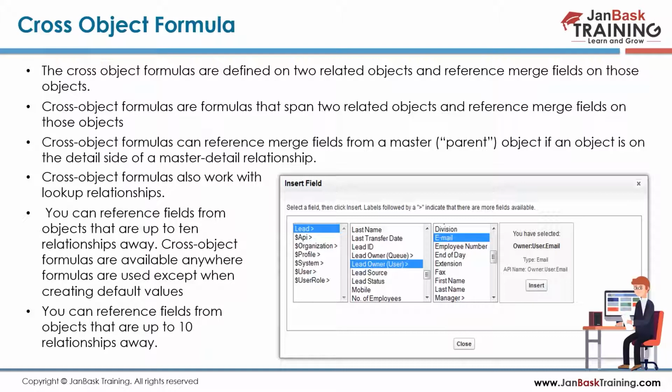The user need not worry about going to the account, checking that value, and then doing some calculation. The system will do it on your behalf. All such things are only possible when we have information sharing between the related objects. Over here, you can go up to 25 levels deep. We have this 10 relationships away, but this was later given more flexibility. So you can go up to 25 relationships deep if you want.